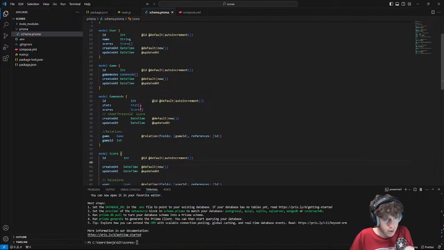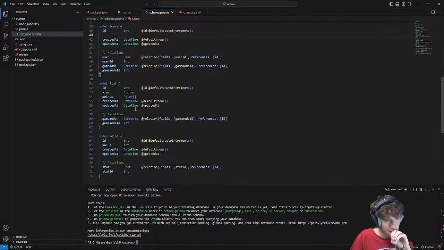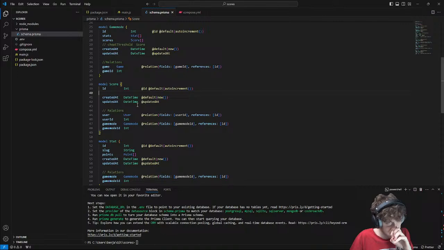Okay, so the game mode has stats. The game mode has scores. Every score has points. And every point is assigned to a stat. And it needs enough to match up to the stats for the game mode.